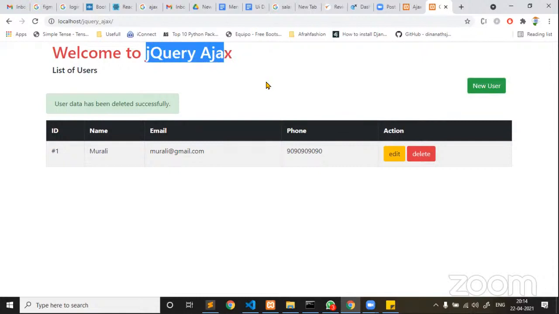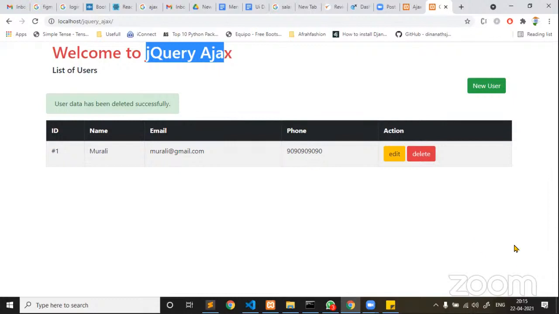Guys, let me explain how we implemented this kind of example that we use in real life. If you want to add a product, here we have used adding a user. Similarly, if you want to add a product into an e-commerce application, or to delete categories, or to add categories, or to add different kinds of brands, everywhere we are going to use these create, read, update, and delete operations in live examples. Understand? Now let me explain how we implemented this logic.